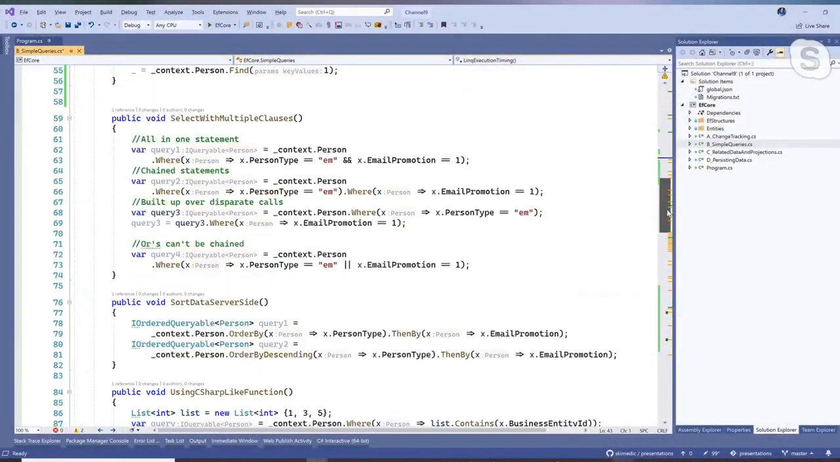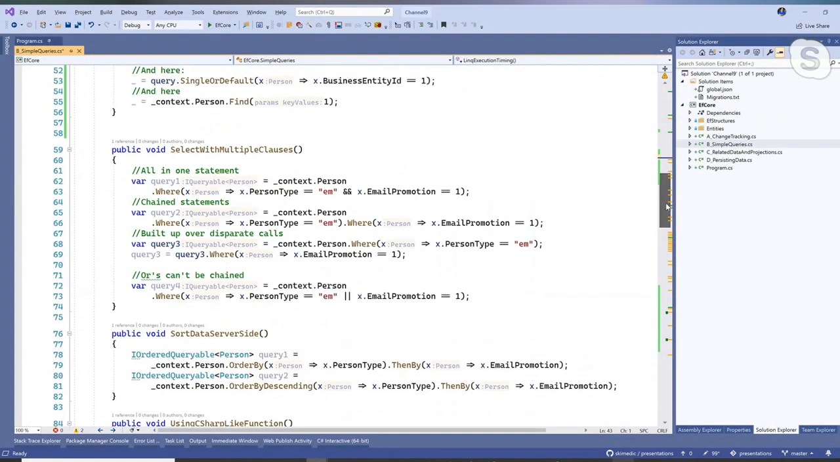Okay. So before we get into building up query statements, let's just talk about how they work. And if you're familiar with LINQ to objects, it should be very clear to you. So we can add wheres. So here I'm selecting a person where the person type is employee, and they have opted into the email